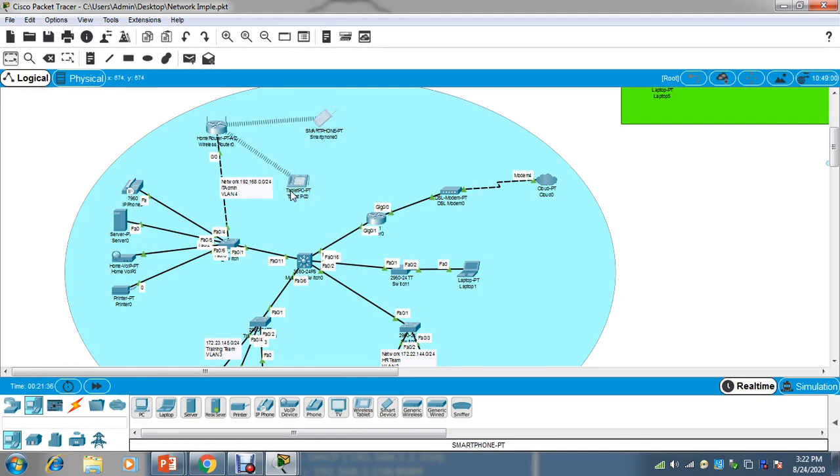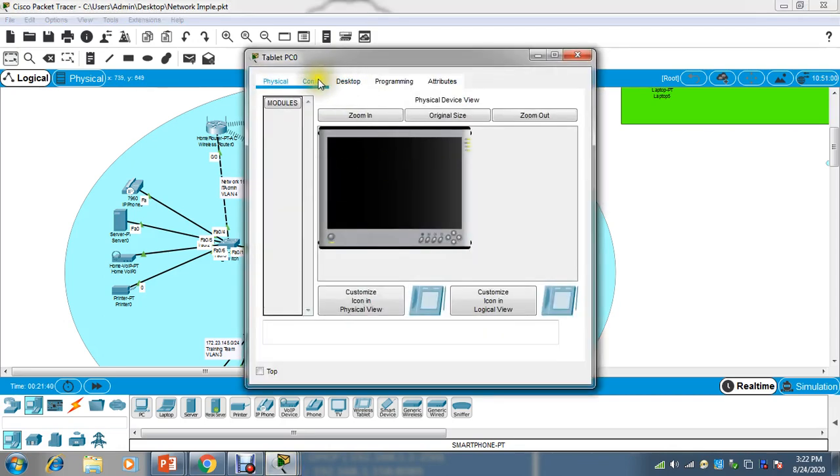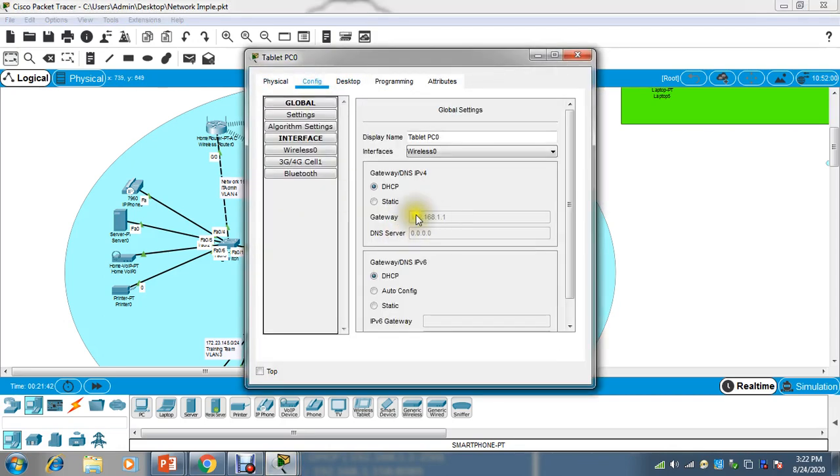Okay, now if you go to this property and configure, you can see it is taking the gateway. It took it automatically because we have enabled DHCP on the wireless connection. And if you go to interface, you will be able to see the IP address as well.